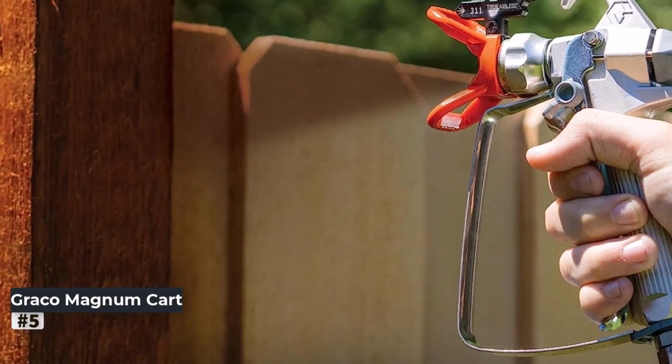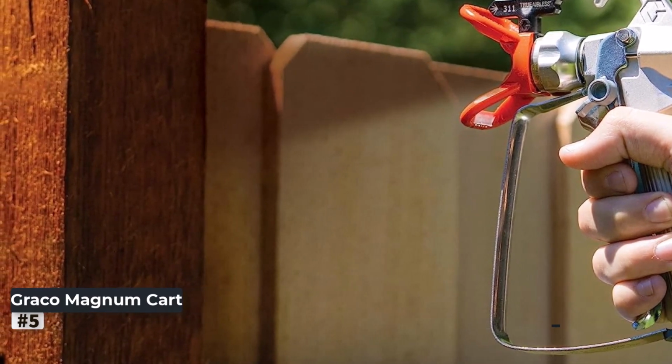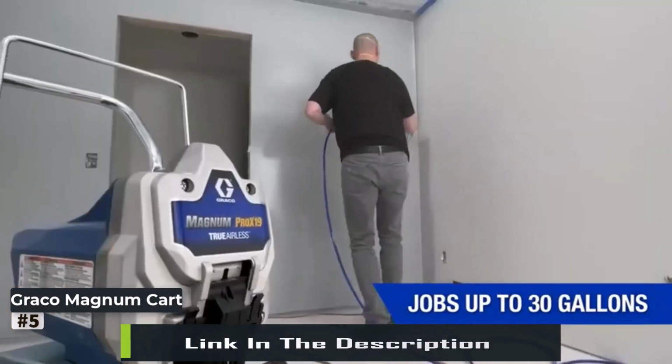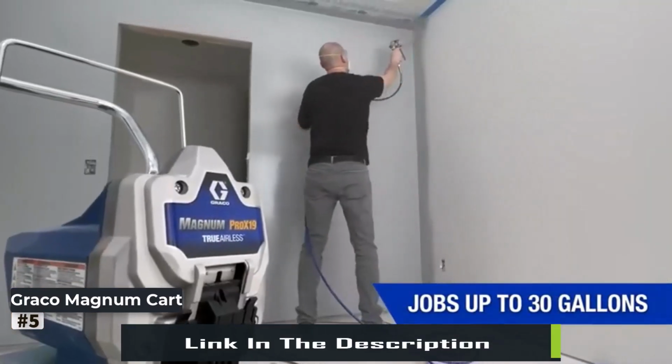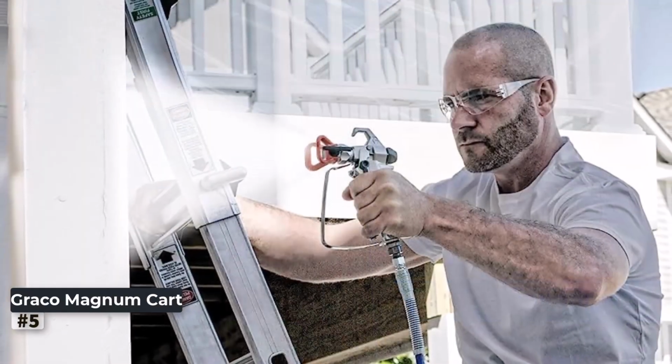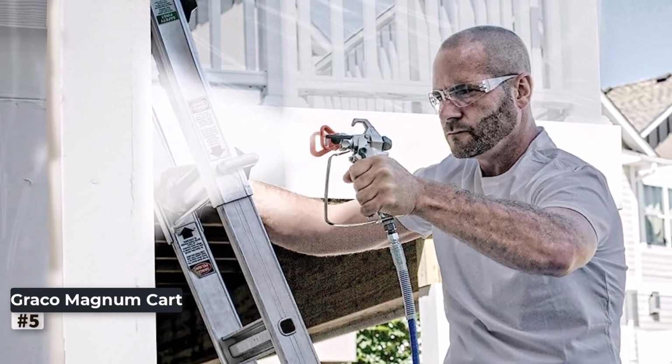It features a ProXchange pump replacement system, allowing you to replace the pump on the job site quickly. This means minimal downtime and maximum productivity, even during extended painting sessions. With the ability to handle up to 150 feet of paint hose, you can reach high and distant surfaces with